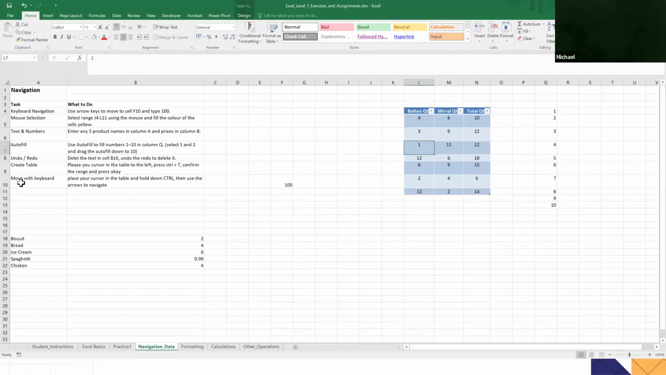All right, the next question says move with keyboard. Place your cursor in the table and hold Control, then use the arrows to navigate. So now that we've made this into a table, there's a logical boundary that Excel creates. So if I put my cursor here and I click on the button Control, then I use the arrow buttons and I click left, it will take me to the end on the left side. So from that position, if I click on down, it will take me to the bottom. So it takes me round to the edges of the table by just clicking the left, right, up and down